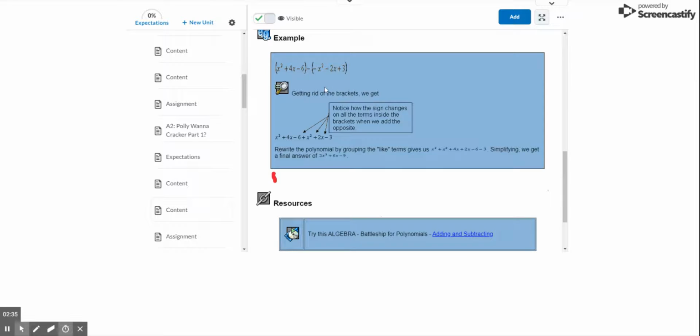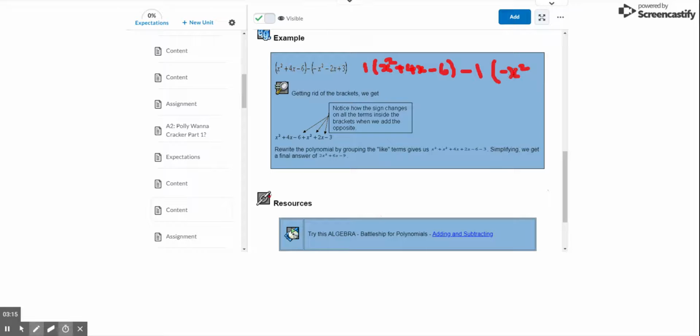What happens when you have negatives? This one's a positive 1 in front. With a minus between the two, it's like you have a minus 1 in between. So what we really imagine is a 1 multiplying x squared plus 4x minus 6, and then minus 1 multiplying minus x